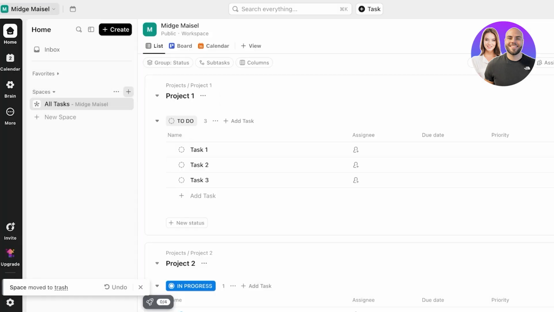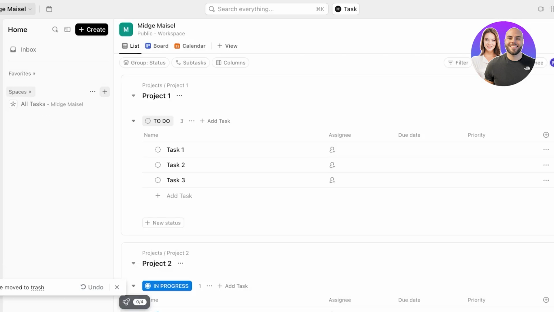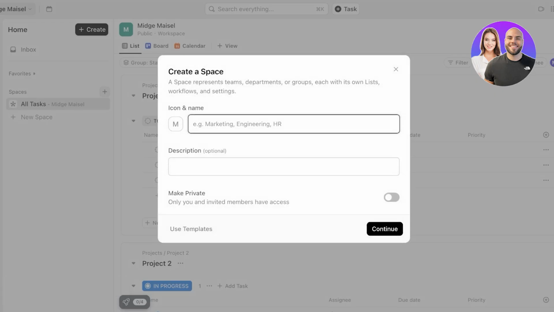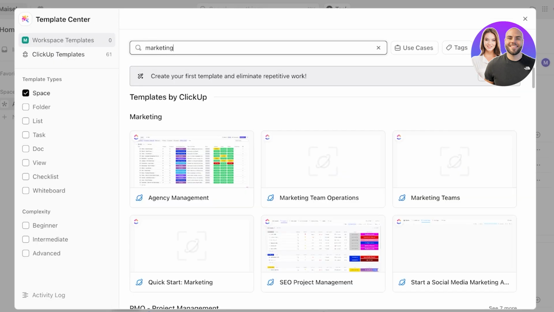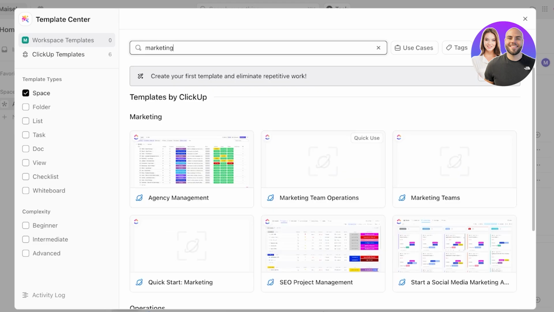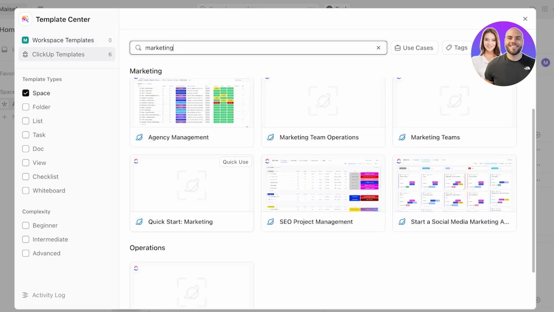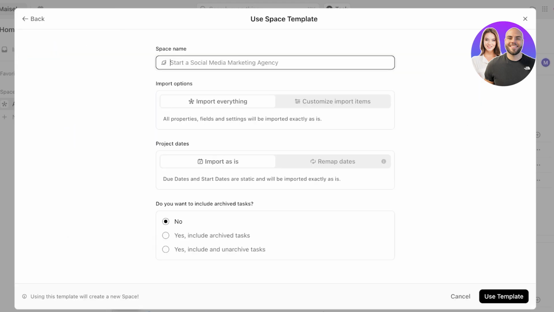So within that, we can click on the plus icon and represent different spaces for different functions of our business. Let's say this is going to be for marketing. And then I can choose to make this private so only invited members can have access to this. And then I'm going to click on use templates. I'm going to search for a marketing template. Once we do that, we can choose one of the templates: team operations, marketing teams. Let's say we want to go with social media marketing, and I'm going to use this template,